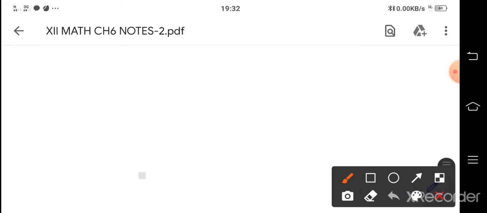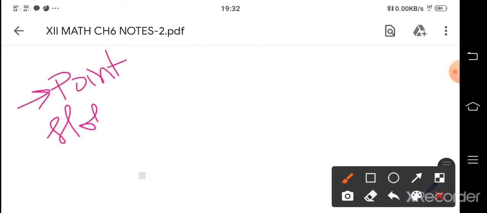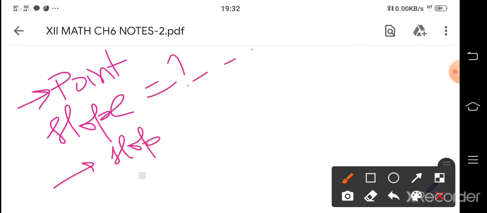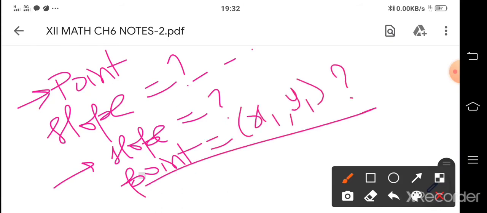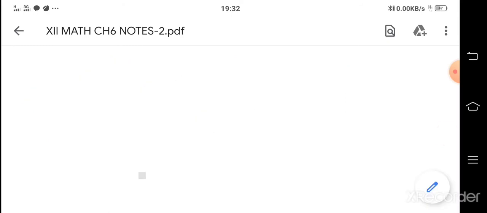See, the thing is like this. Sometimes they are giving you a point, asking the slope of tangent and normal. Sometimes they are giving you the slope indirectly by giving parallel lines or perpendicular lines, or directly giving the slope. They are asking for the point of contact, which is x1, y1. This will be the question. These are the 2 models I was discussing till now. Now one more question is based on that.